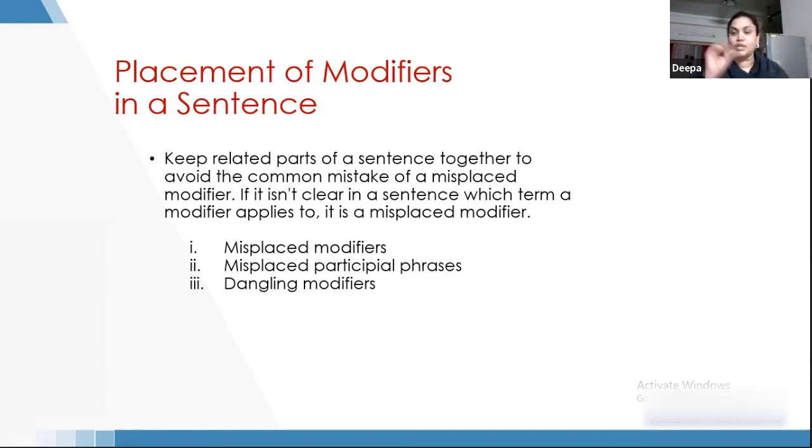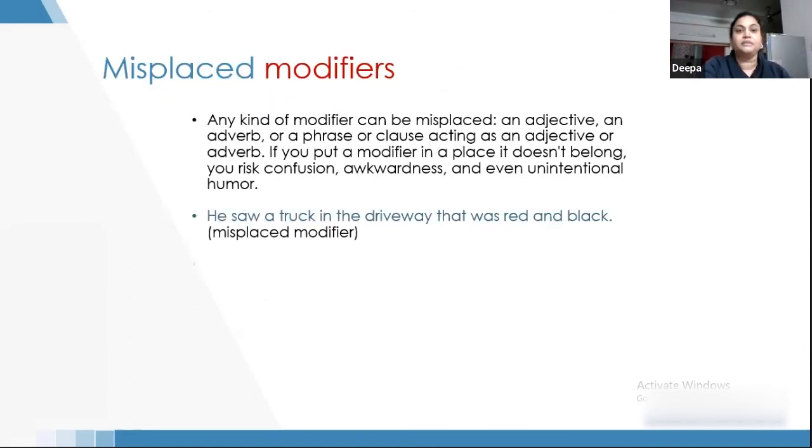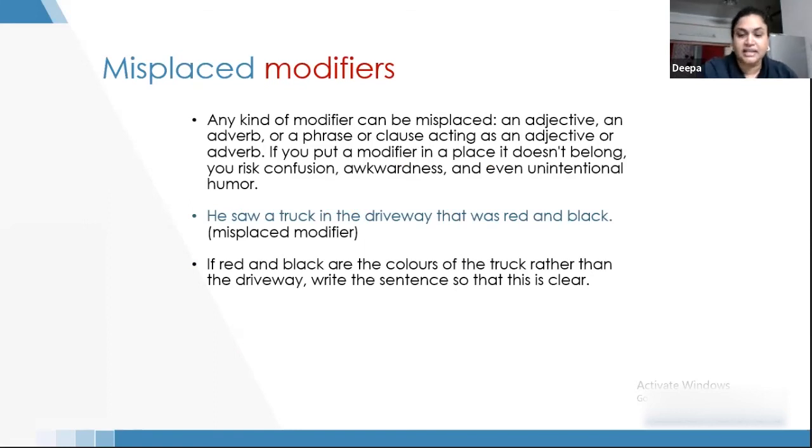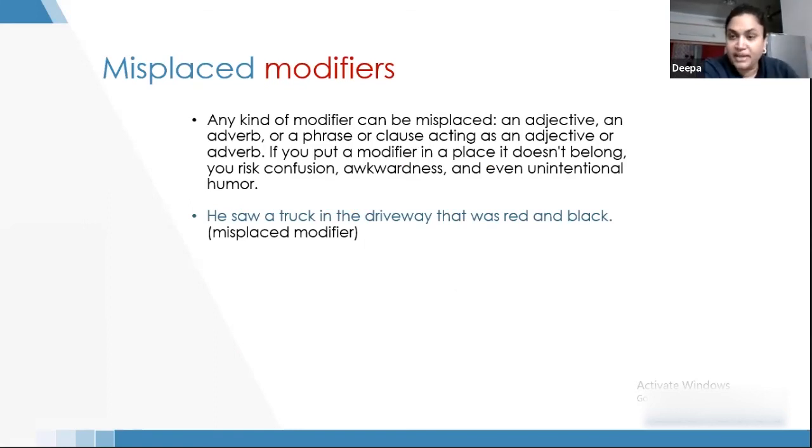We just cannot go along thinking that this is the subject, this is the object, because they're not going to be independent sentences, but they are going to be in the form of a paragraph or in a passage. So therefore, we need to understand what went wrong where. So once again, misplaced modifiers are basically modifiers. Let's take the example of the truck. The misplaced modifier is where the modifier is misplaced because it is not next to the noun it is modifying. For example, here the black and red is basically modifying the truck, not the driveway. Therefore, the words red and black should be beside the truck and not beside the driveway.